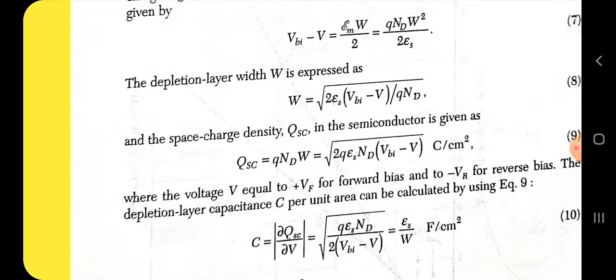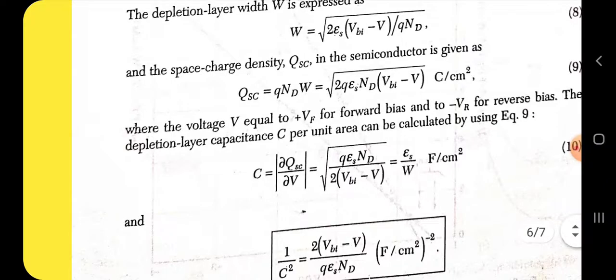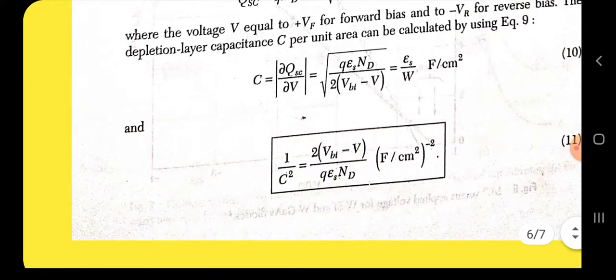The depletion layer capacitance C per unit area can be calculated as C is equal to del Qsc divided by del V. This is equal to the square root of q epsilon s Nd divided by 2 (VBI minus V), which is epsilon s by W, farad per centimeter square. So 1 by C square is equal to 2 (VBI minus V) divided by q epsilon s Nd, farad per centimeter square to the power of minus 2. We can differentiate 1 by C square with respect to V. If we rearrange the terms, then we get